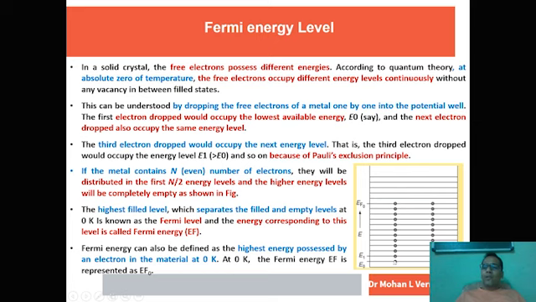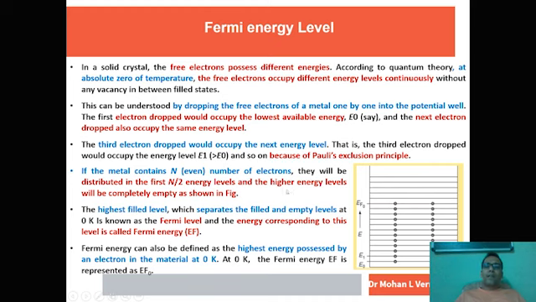So the first electron will occupy this, the second will occupy this, and by using Pauli's exclusion principle, the third electron drop would occupy the next energy level. That is, the third electron would occupy an energy that is greater than this. E1 is greater than E0, and this is because of Pauli's exclusion principle. This is a very familiar term in chemistry. So if we have a metal containing n, an even number of electrons, they will be distributed in the first n upon